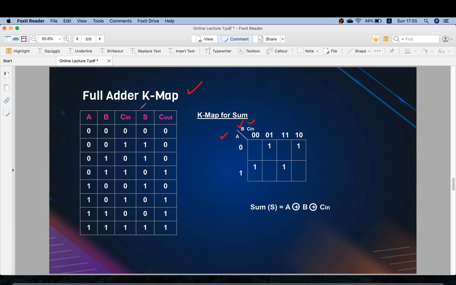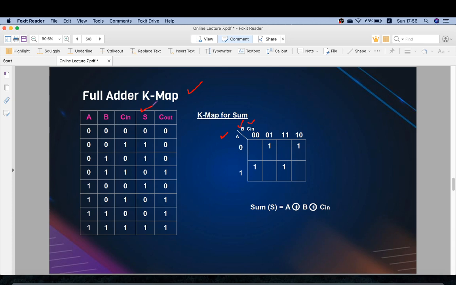First of all, as we are making the K-map for S or sum, we will mark the one variables in the cells of the K-map. Why one variable? Because we are taking this with respect to SOP, sum of product. Whenever we are taking with respect to sum of product, we will consider one variable, and whenever we take product of sum, POS, we will consider 0. So generally we always use SOP form, so that's why I am taking one variable.